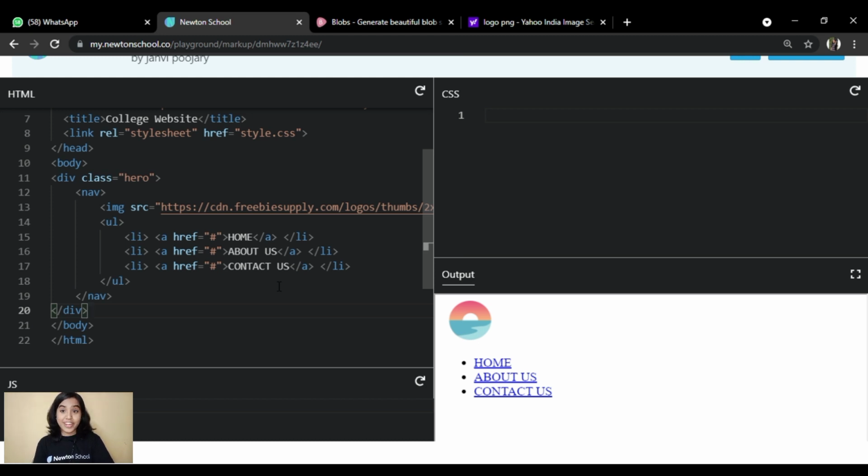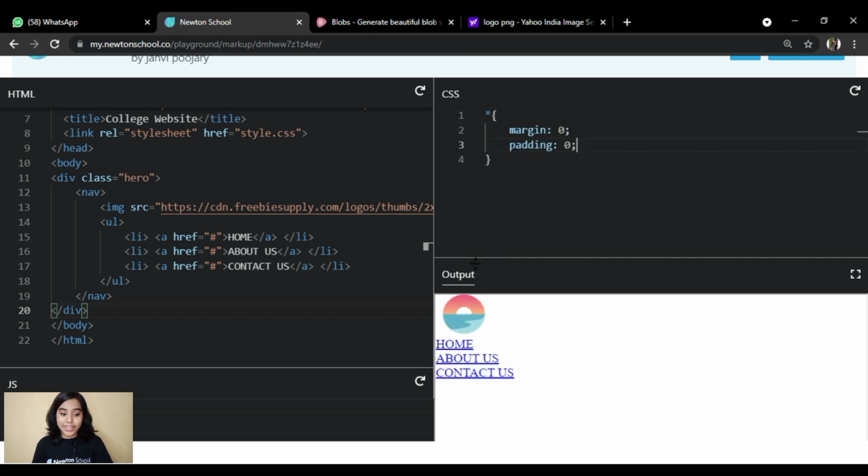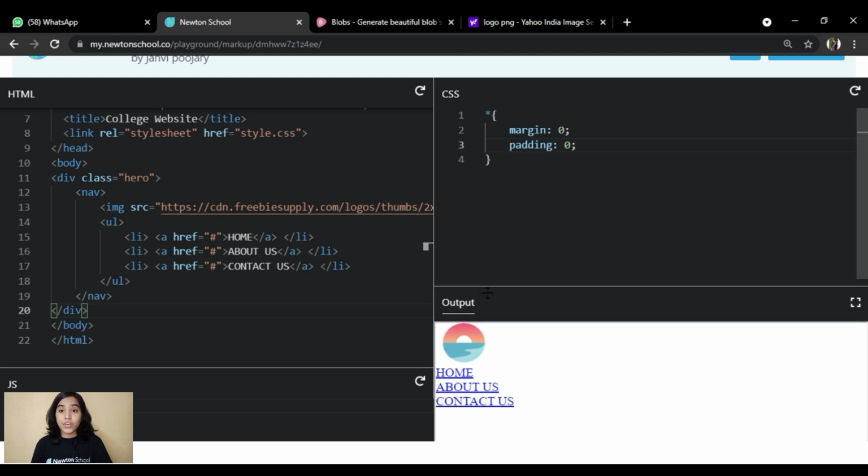So my friends, we are done with the HTML and let's see how to do the styling. As usual, I'm gonna write margin 0 and padding 0. This is one trick to make your website responsive: putting height as 100 viewport and width as 100%. We will give it one background, font, and position as relative.